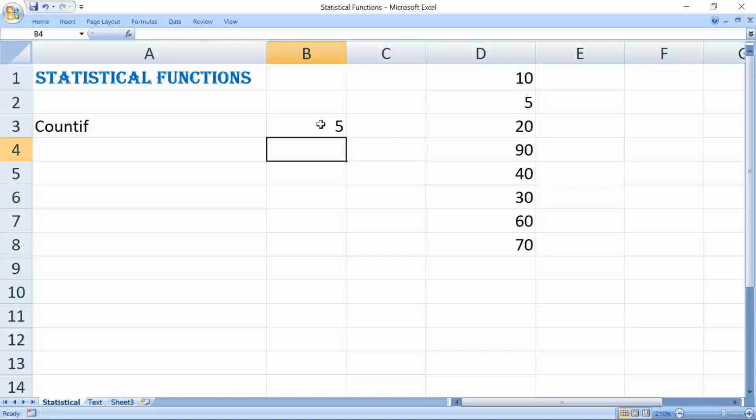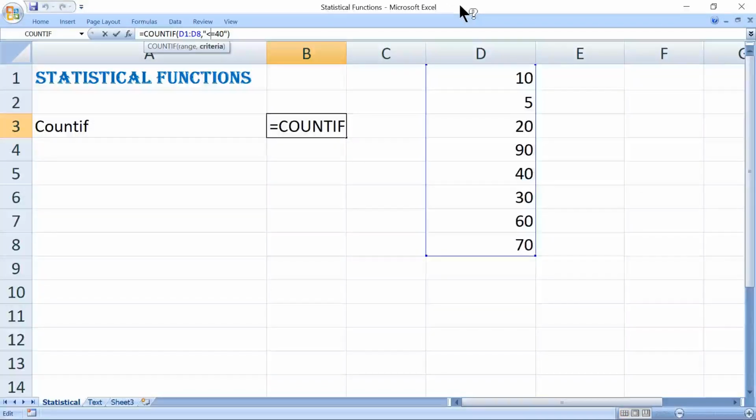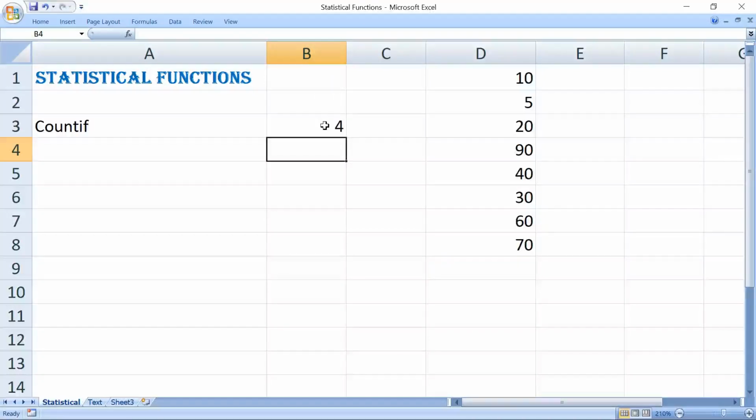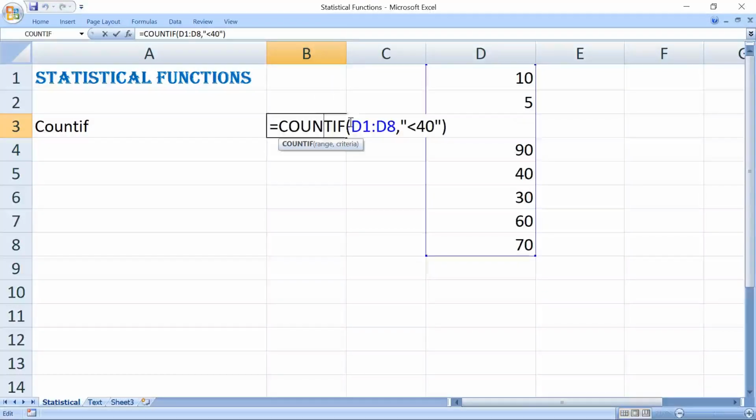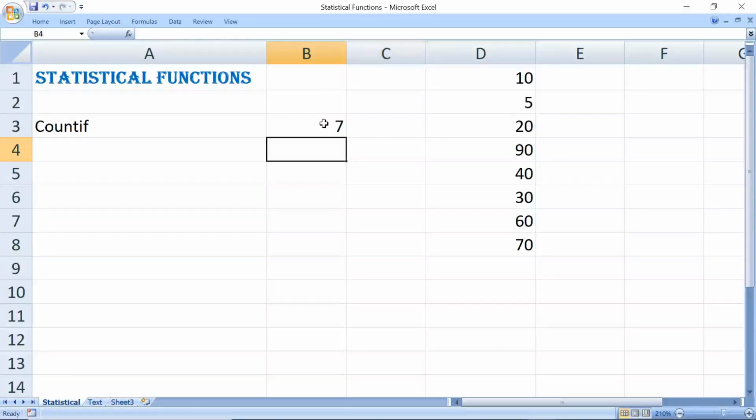The output will be 5. Right now we will see here for lesser than 40. In that case this will be 4. Now we are not going to count for 40, leaving 40, remaining numbers will be counted. In that case, the output will be 7.